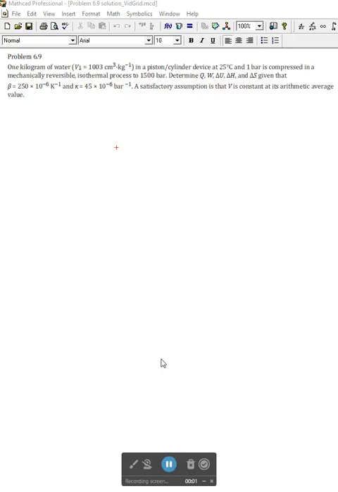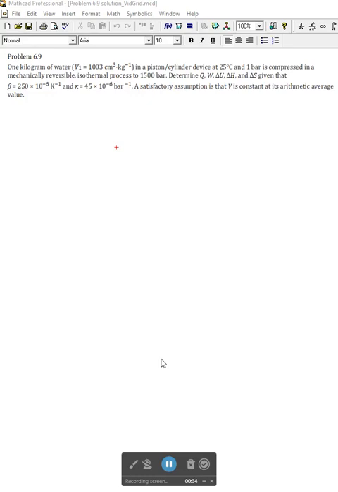In this problem, problem 6.9 in Smith & Van Ness 8th edition, we're given 1 kilogram of water with a specific volume of 1,003 centimeters cubed per kilogram. It's in a piston cylinder device at 25 degrees C and a pressure of 1 bar, and is compressed in a mechanically reversible isothermal process to 1500 bar. And then we want to determine the heat transfer involved, the work, the change in internal energy, change in enthalpy,